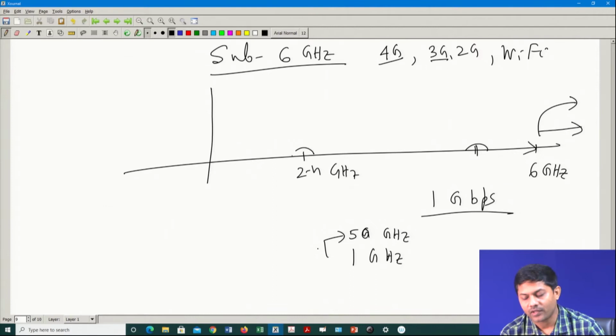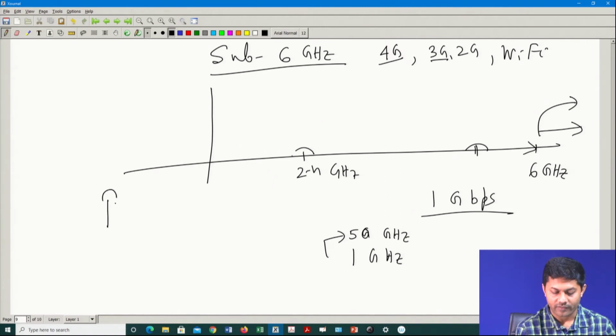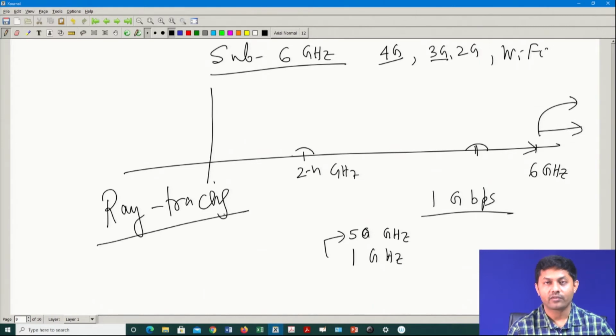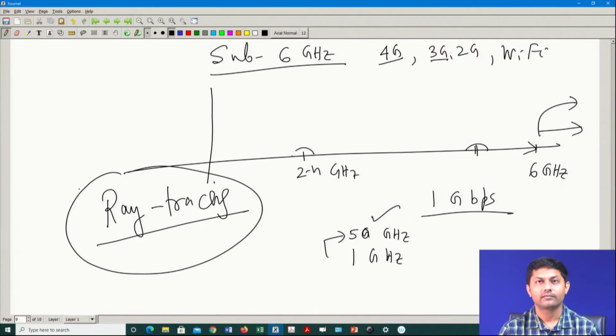But to be very frank, in this whole lecture, I will not mention whether it is 6 gigahertz or 10 gigahertz or 100 gigahertz where I am. The way I will be talking of the channel model is called a ray tracing channel model. This is a very generic, well accepted way of modeling any channel. Now, if we understand this ray tracing model, it can be equally applicable when you increase your RF. So, it really does not matter which RF you are working with, if you really understand what exactly this ray tracing model is.